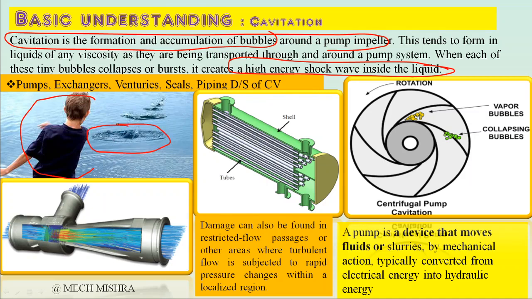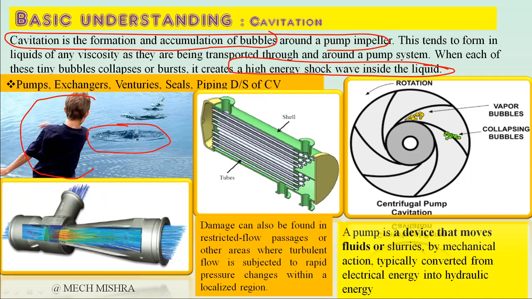You remember in our childhood days, we used to throw a stone in a pond or river. When we throw the stone, it creates wave energy, and that wave goes and impacts the shore. It's the same here. When a bubble collapses, it creates similar impact waves of high energy that hit the metal surface, and that localized damage causes pitting in the metal surface.